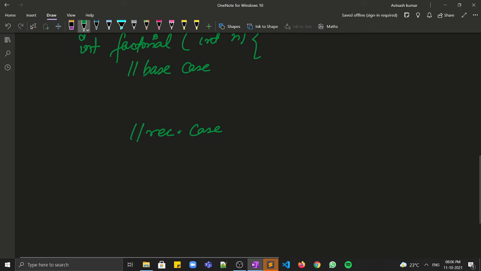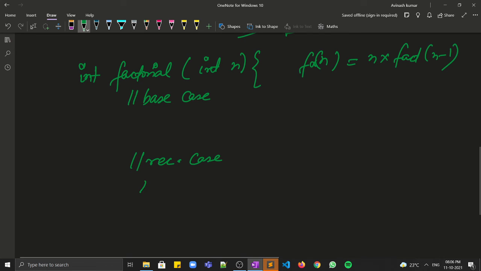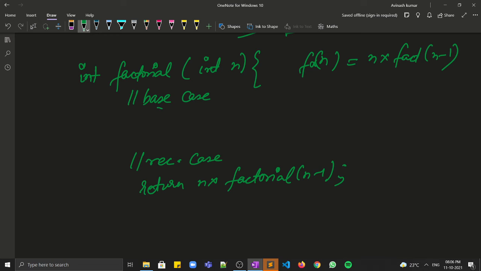For example, if you need to calculate factorial of n, it is nothing but n into factorial of n minus 1. So in the recursive case we can simply say return n into factorial of n minus 1, right? And in the base case, we can check if n equals 1, we do nothing but return 1.